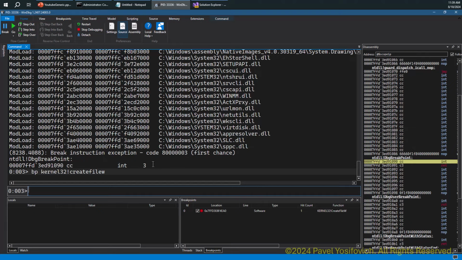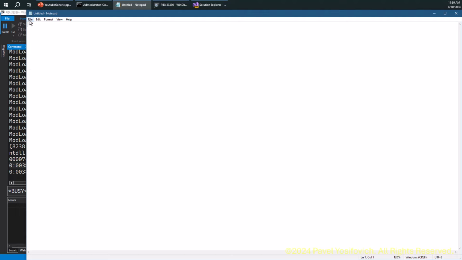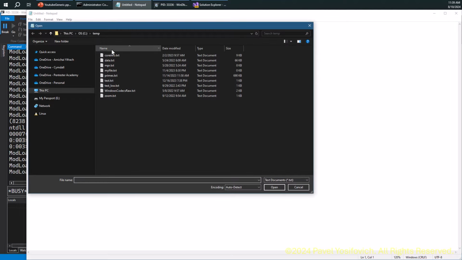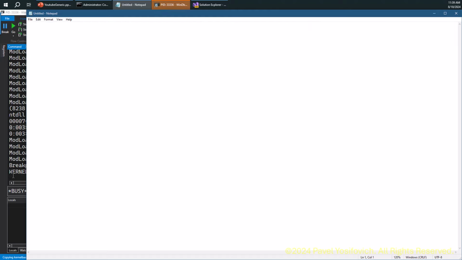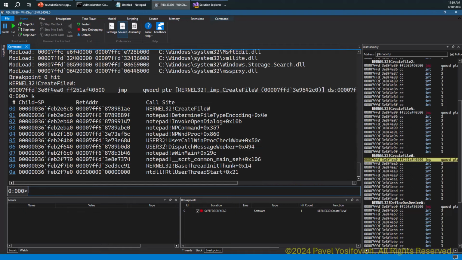Here's the breakpoint, and let's use Go to let Notepad continue execution. So now let's go ahead and open a file in C:\temp, for example, here. So I'm going to take some file and open it, and we should hit the breakpoint. And we hit the breakpoint right here. We can see the call stack. We are starting with the main of Notepad here. There's some stuff going on in Notepad. It invokes the open dialog box with some internal private function, and then at the end of the day, CreateFileW